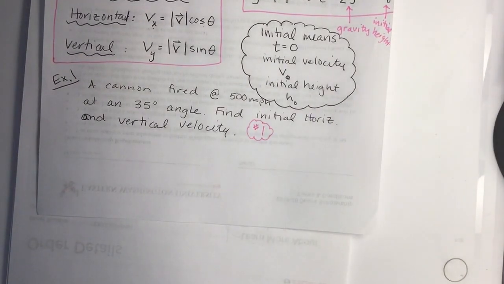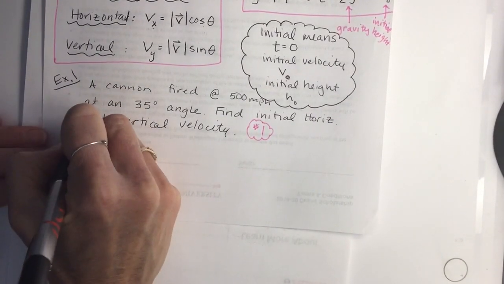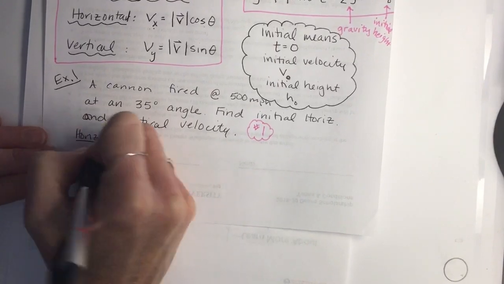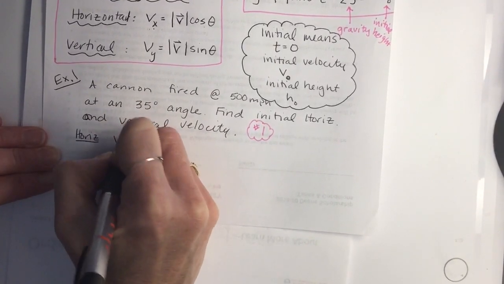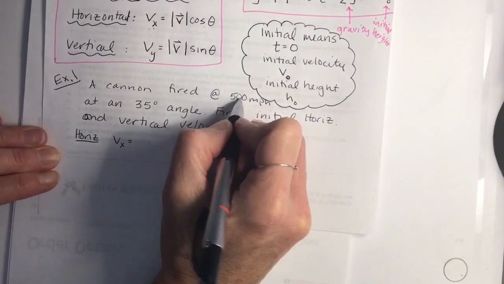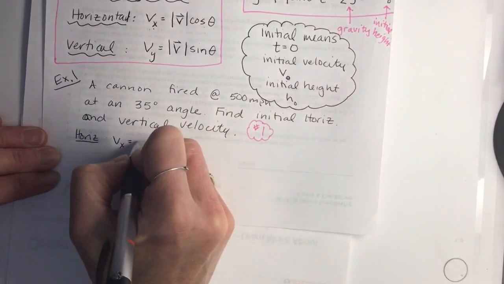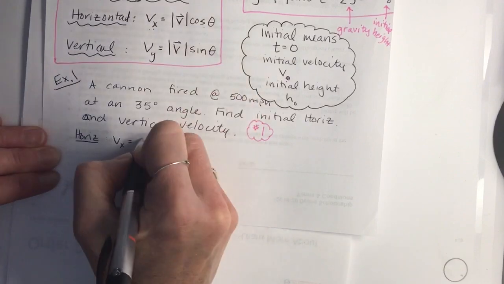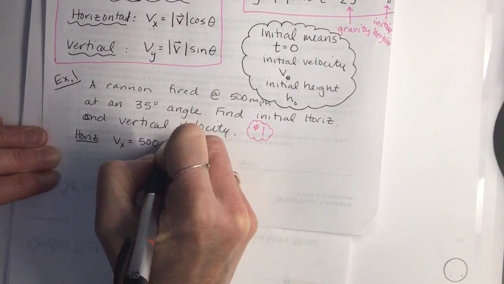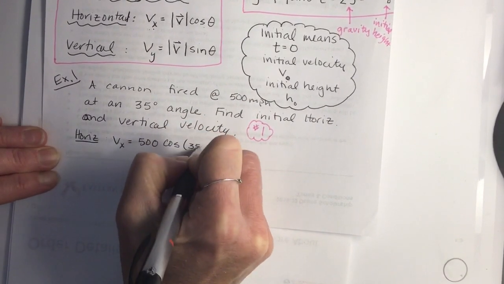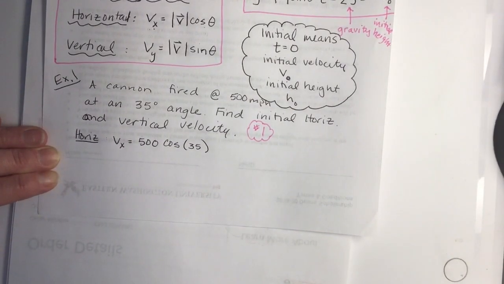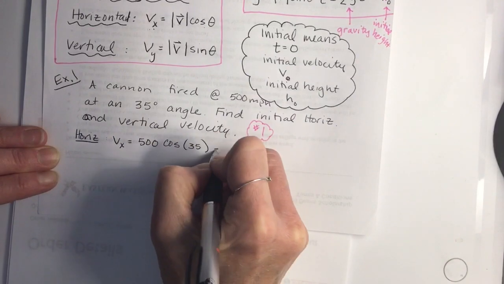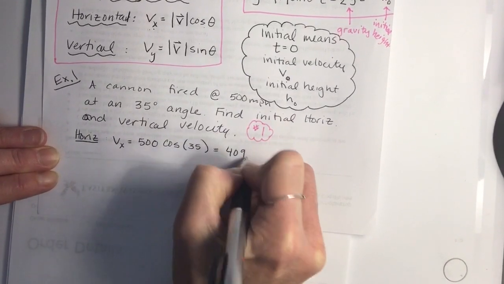Okay, so horizontally, we've got v of x is equal to 500 miles per hour. That's the value of our vector, 500 cosine of 35. That's all there is to it. Easy peasy, right? You plug that into your calculator and you get 409.58